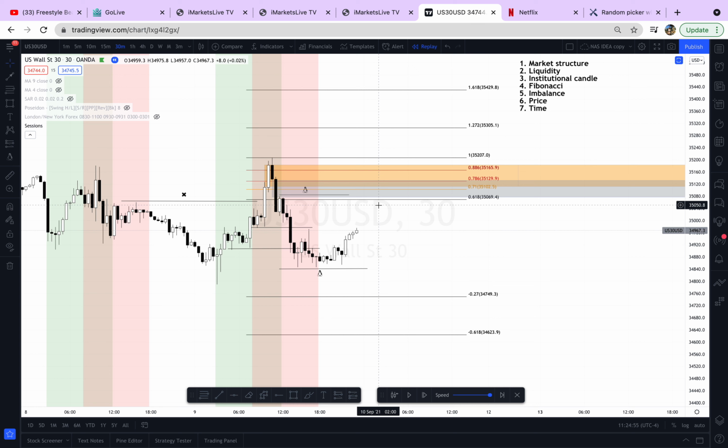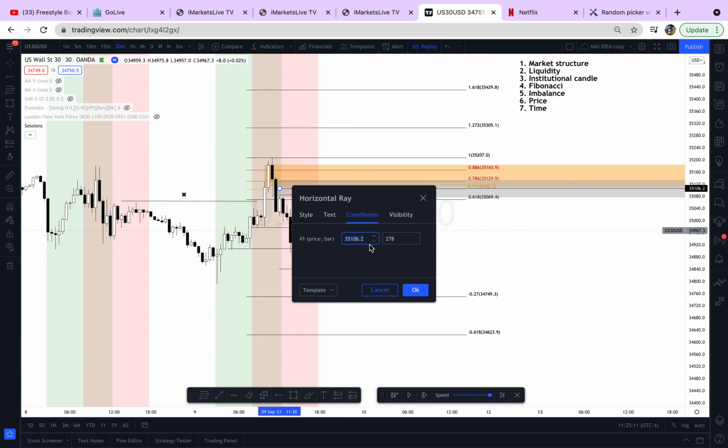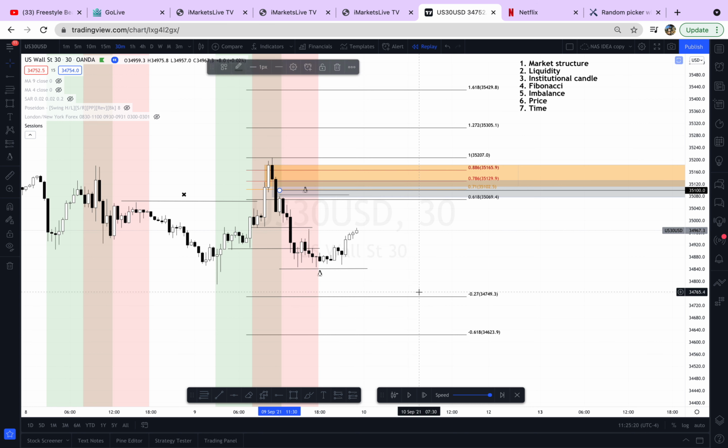This is going to lead to step number 6, which is understanding price. Understanding key price levels, those zeros, those 20s, those 50s, those 80s. Okay. So if we actually look here, we have a key level within our imbalance, which is, if I'm not mistaken, 35,100. We have 35,100 literally right here. I'm gonna make that thicker so y'all can see. We have 35,100 that lies within this imbalance, or we can even take it a step further and use 35,120,